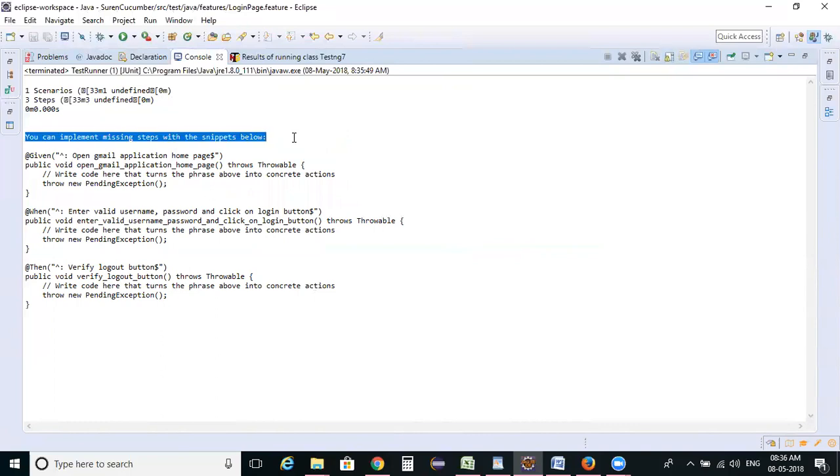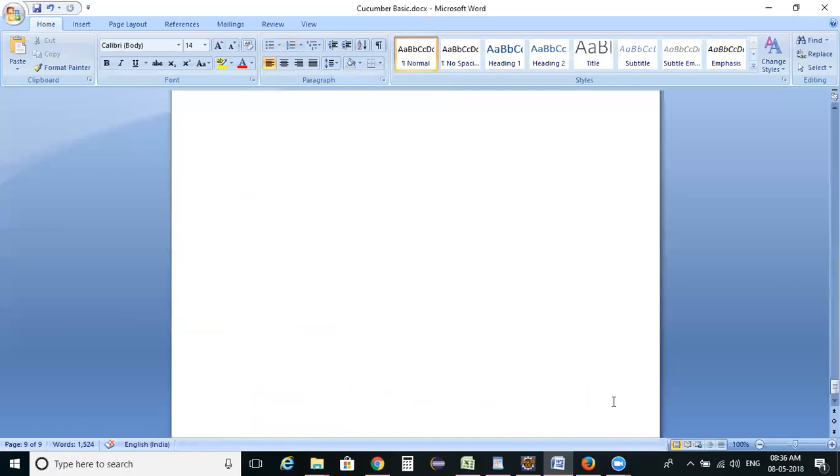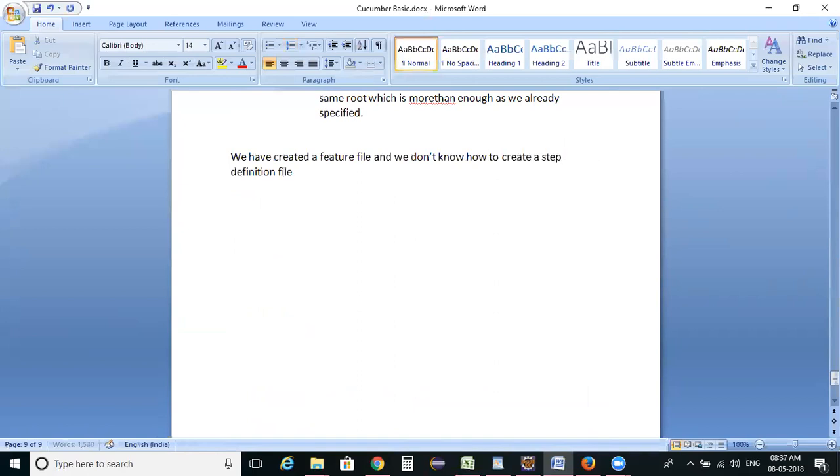So the ultimate point we need to consider in order to generate a step definition is, we have created our feature file, and we don't know how to create a step definition file and its syntaxes, right?